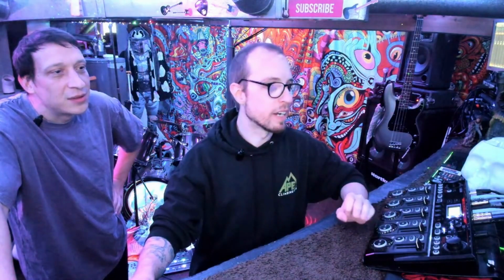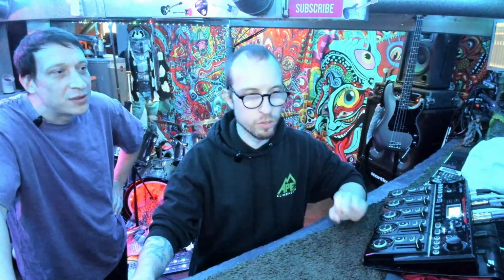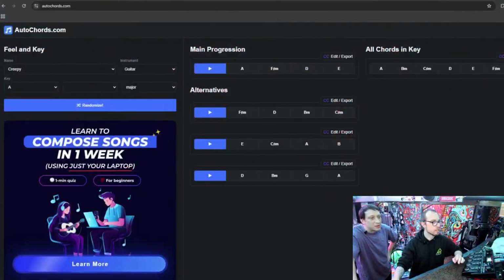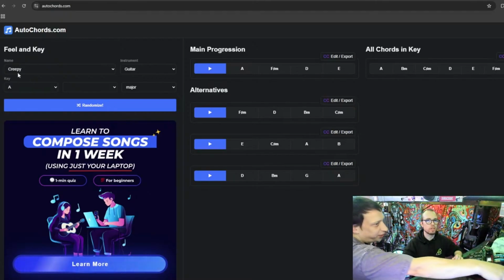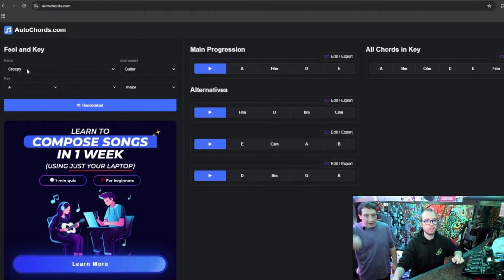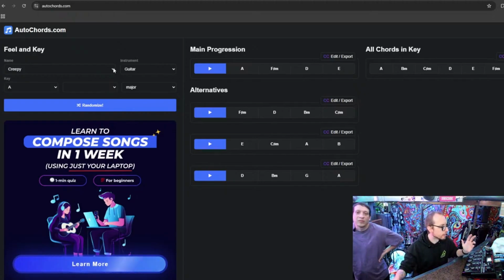Generally we don't use that part of it, because with the tempo and stuff being random, it's kind of hard to use their theme. So we usually just use their chords, but that time it worked out because it was supposed to be creepy. Normally the creepiest would be F sharp minor. You'll see, I'll show you guys. There's a whole bunch of options: alternative, canon, cliche, endless, energetic, grungy.